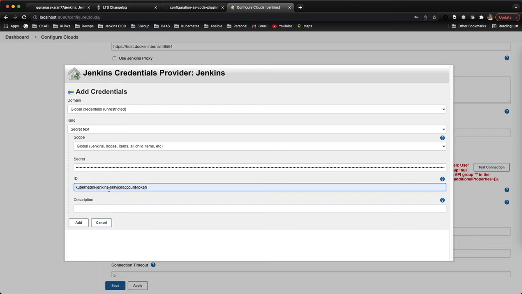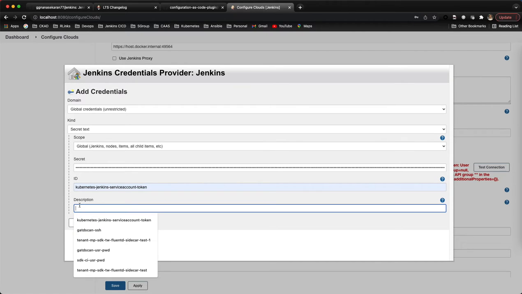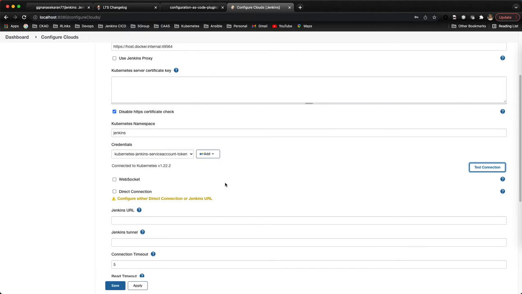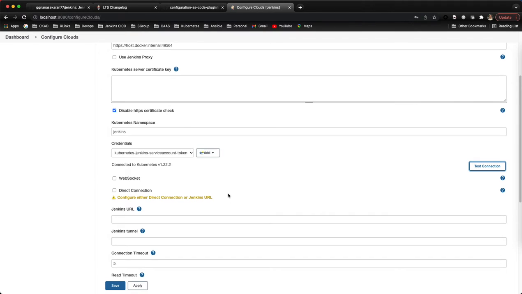I'm giving it the name Kubernetes Jenkins service account token, and the description is also the same. Let's add this, select it, and do the test connection. Now it is working fine.